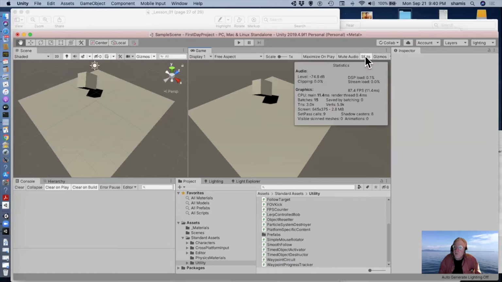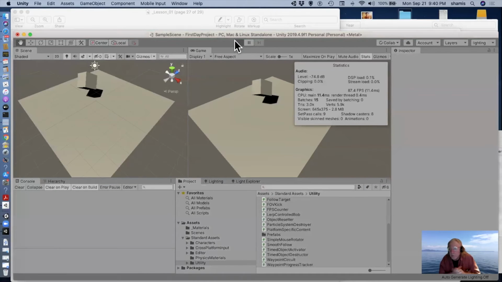And there's also the stats, which shows you basically what kind of resources your game is using. It tells you things about the CPU, it tells you about the frame rate, it tells you how many triangles and vertices you're displaying. It tells me what the screen resolution is, and all of this when we're playing the game